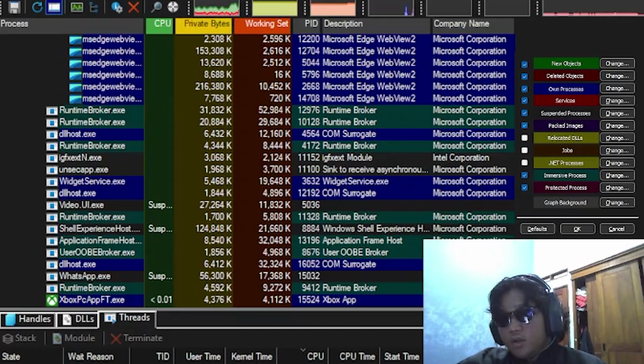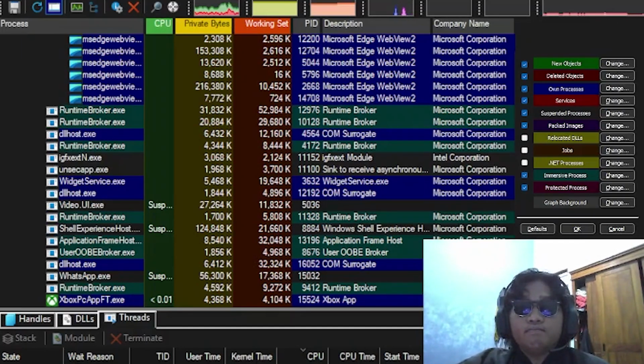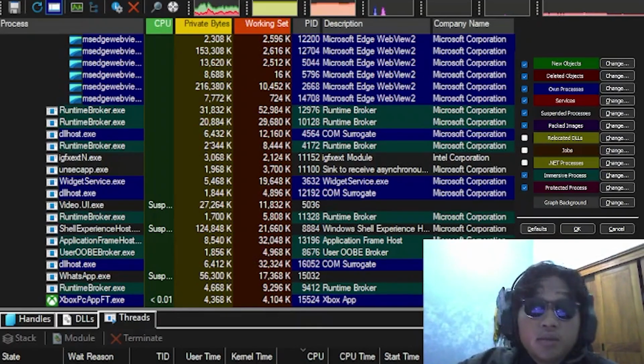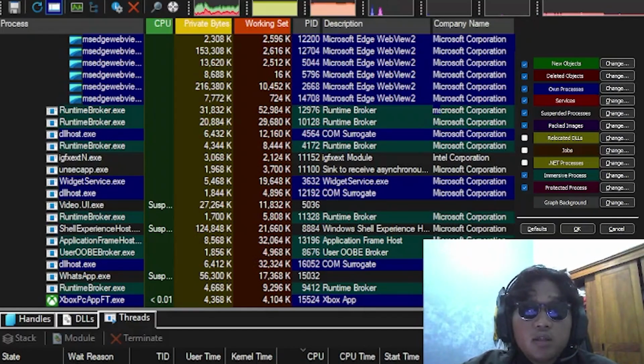About the GUI, the graphical user interface of Process Explorer, it shows detailed information about the listed programs. Here we have the essential tools on the top left corner of the screen. You can see the save button, refresh button, terminate process button, and find process button.